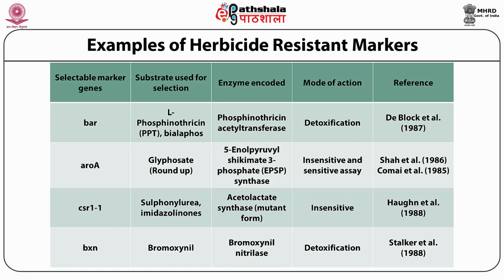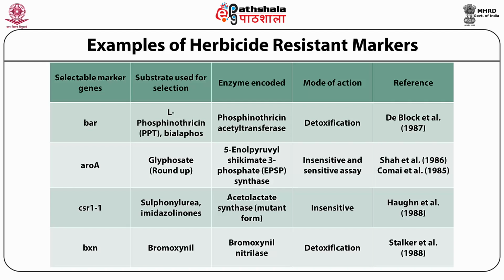There's another gene which confers herbicide resistance, AROA, which codes for 5-enolpyruvylshikimate-3-phosphate synthase, EPSP synthase. This enzyme makes plants insensitive to glyphosate, a commercially available herbicide commonly known as Roundup. This is one of the very important genes to confer resistance against glyphosate